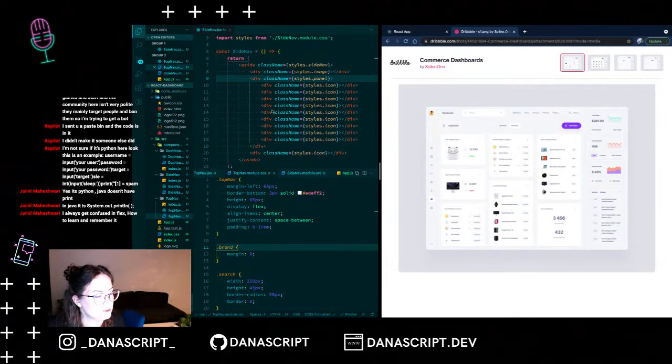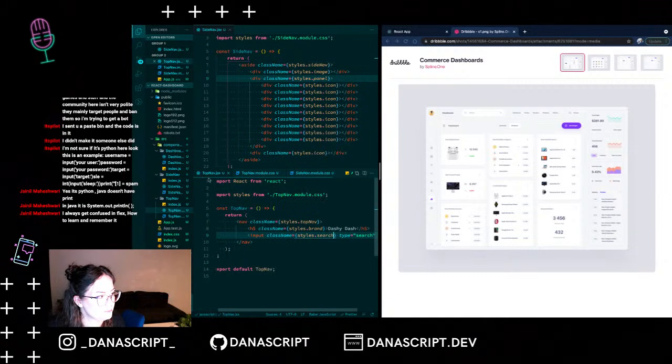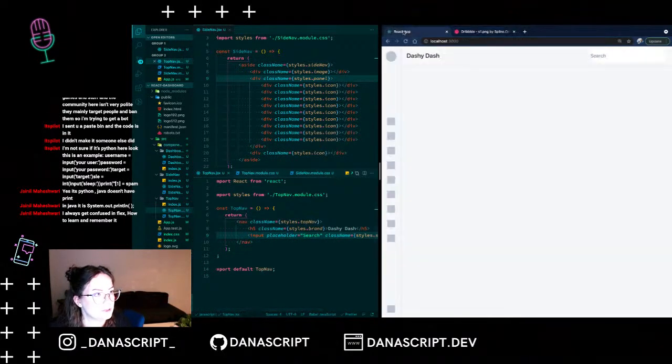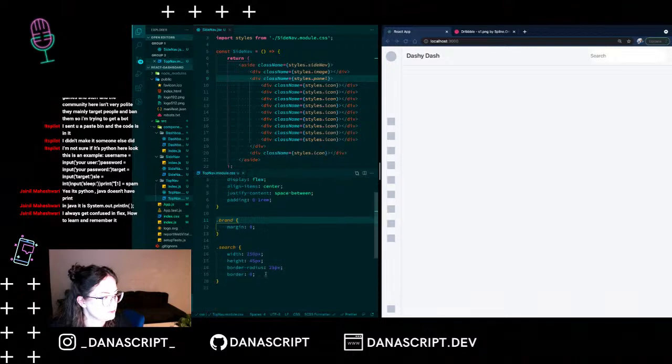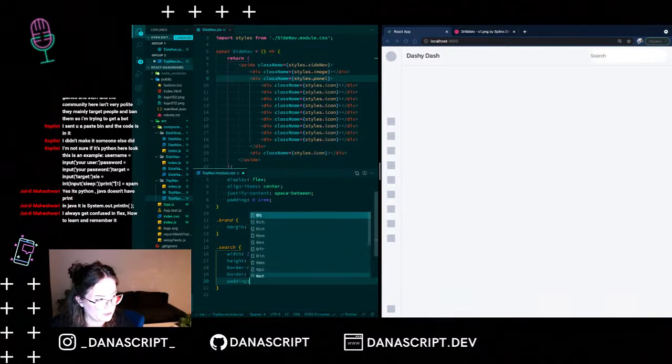Let's add a placeholder to our input. Placeholder is going to be search. And now we're going to see it here. Yep, very good. Now you can see that we need some padding. I'm going to close this down, it just confused me. So search needs to have a padding of